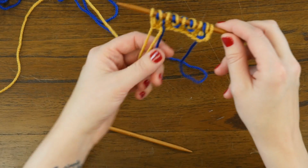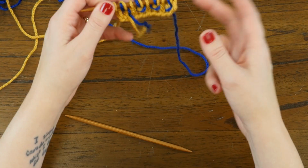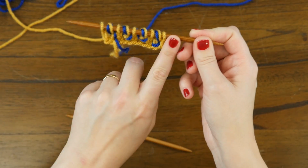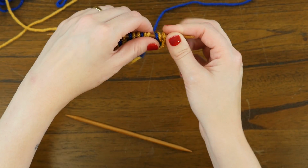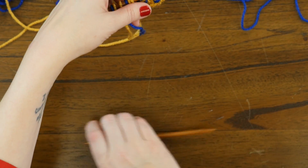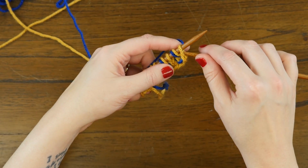Now you'll notice you've got your light or your yellow working yarn on the left side and your blue or your dark working yarn on the right. So now it's time to slip our stitches to the other end of our double pointed needle, but not yet turn our work. So now, since this is the light side dark color, we're going to start by slipping the